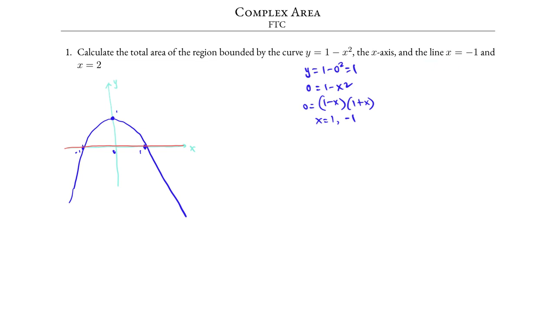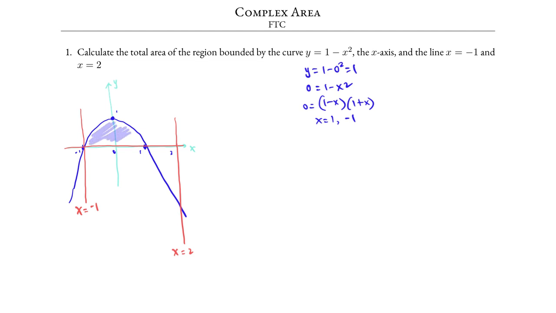The line x equals -1 is a vertical line that goes through x equals -1. So this is the line x equals -1. The line x equals 2 is again the line that goes through x equals 2. And so by looking at all of these curves and lines given, we see that the bounded regions is